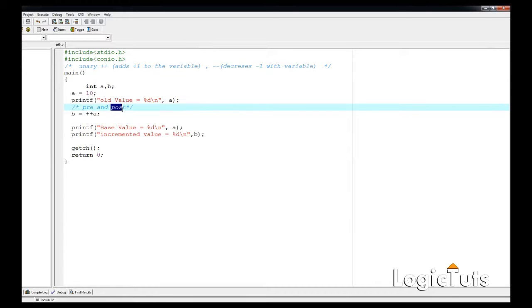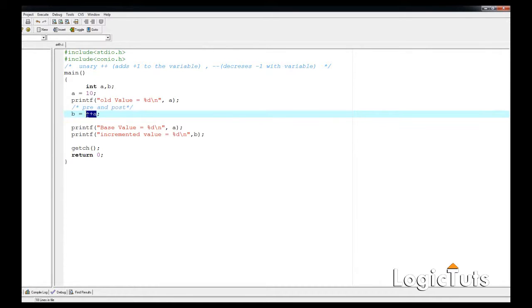Now we are going to talk about the post incrementation. Okay, so now we write the post incrementation like a++. What this means is it first assigns a to b. That means whatever the value of a, first put it into b and then increment a by 1.